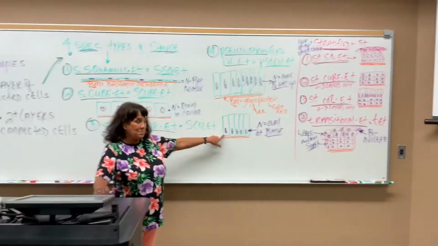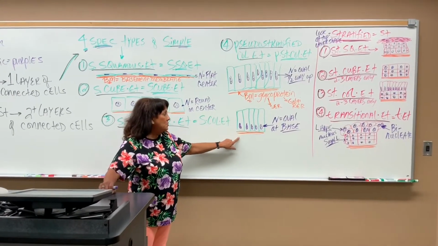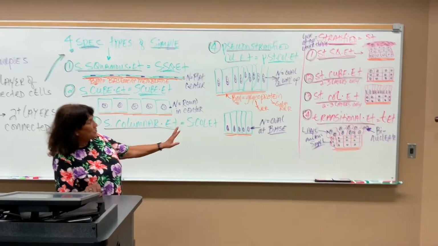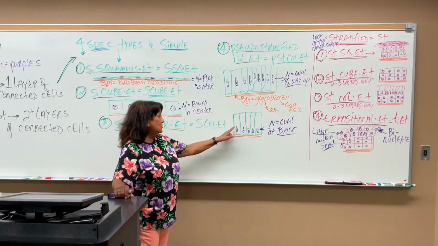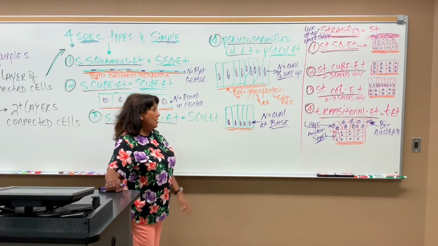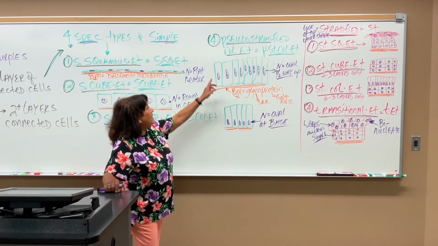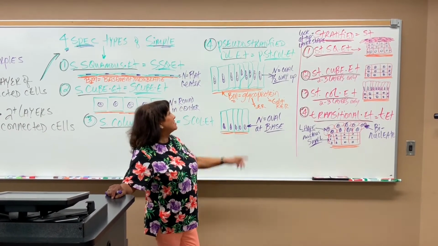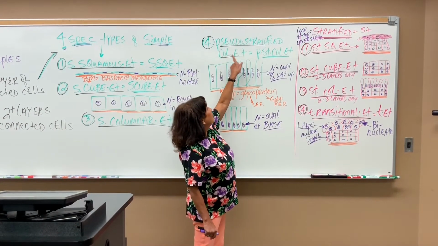At the base means at the bottom. And then here's the basement membrane underneath it, right there. And so very tall, thin cells, and they always have an oval nucleus at the bottom third base of the cell. And our last type of simple ET, which is just one layer of connected cells, is called pseudostratified columnar